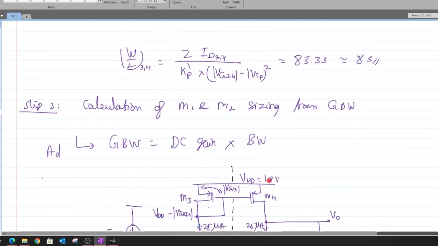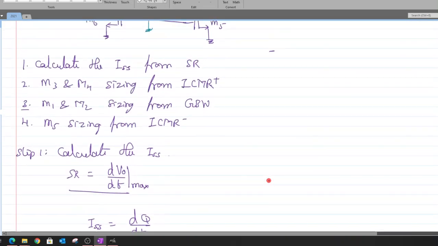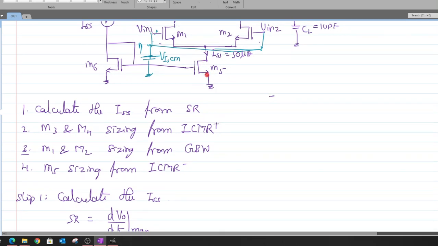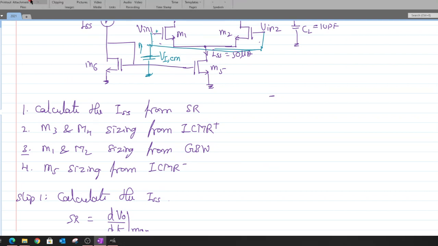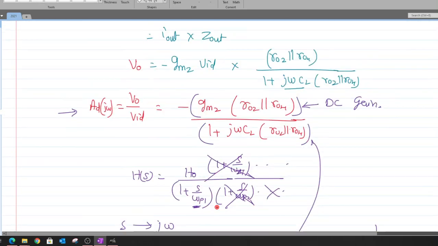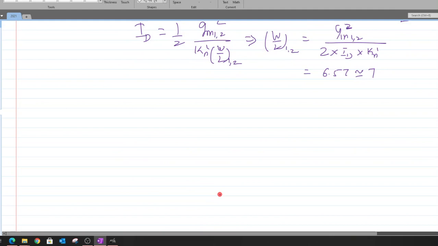The next one, we have to perform the fourth step, the final step, which is to calculate the sizing of this tail current, the sizing of this M5 transistor. That can be derived from the specification of ICMR minus. So now let us try to calculate the M5 aspect ratio. Step 4 is the calculation of M5 sizing